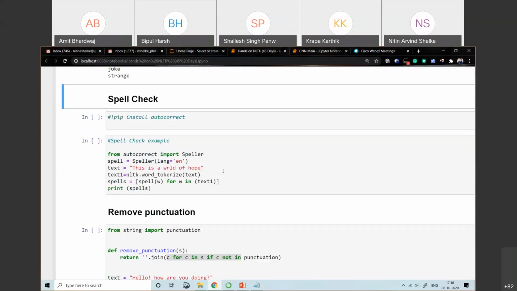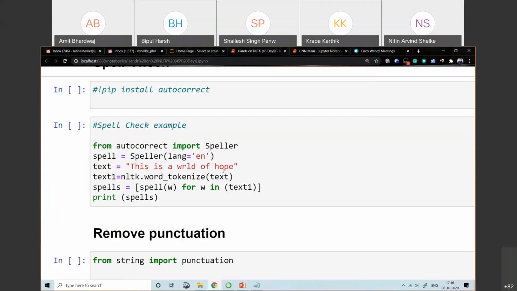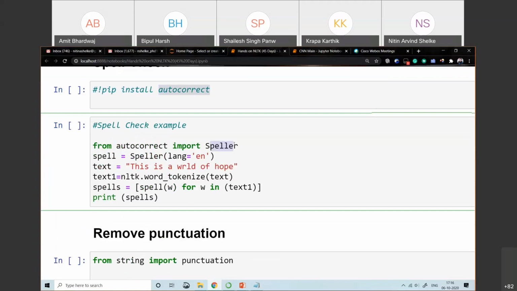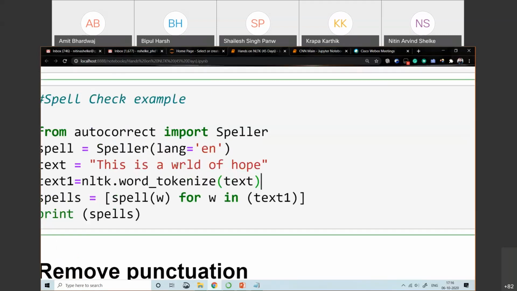Then we discussed one advanced part, the spell checking part. For spell checking, we need to install autocorrect, which is the library, and we use the Speller class from autocorrect. We create the object by passing the language as English, and I passed "this is the wrld of hope". Observe here, the spelling mistake is in WRLD.